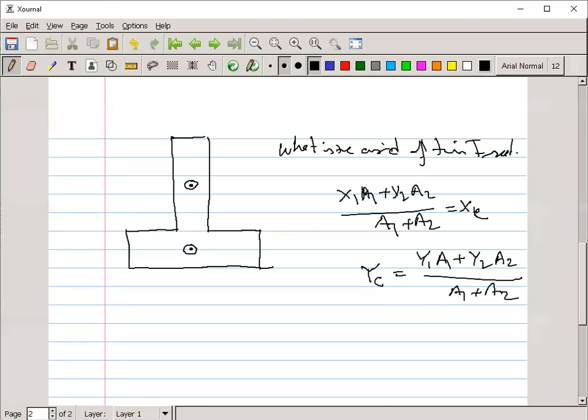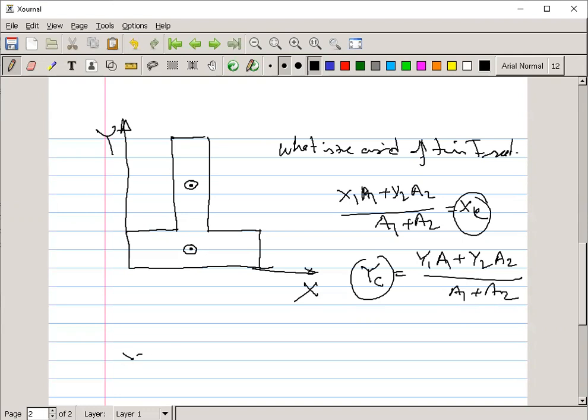So you have to find XC and YC first. What are XC and YC with respect to this axis? This is Y, this is X. This is the section 2 centroid, and this is the section 1 centroid. But when we combine these two, there should be a common centroid, right? If we consider the composite, there should be a common centroid. So what should be that position? That we have to find out.